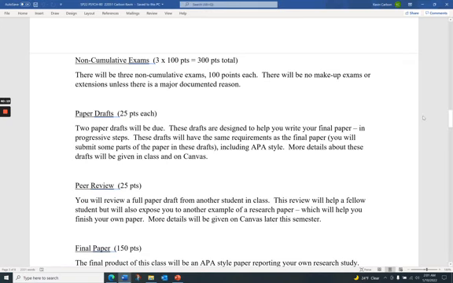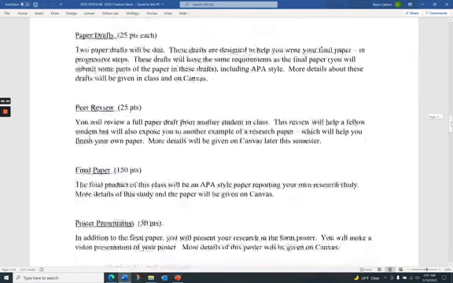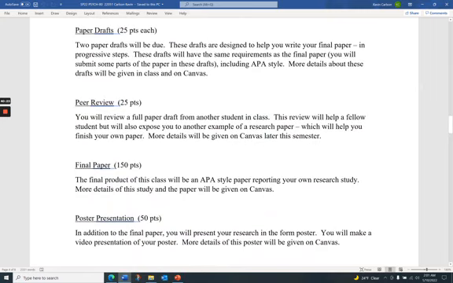So getting back to the papers that you're going to be writing. The bibliography is the first step. Also, you're going to be doing several paper drafts. There are two drafts of the paper that are graded: an earlier paper draft and then a final paper draft. You can see that there's not a lot of points for it, but there's enough that it gives you some incentive. But the main thing here is for you to get feedback on your paper from me to improve your final paper. And so we'll talk again more about this.